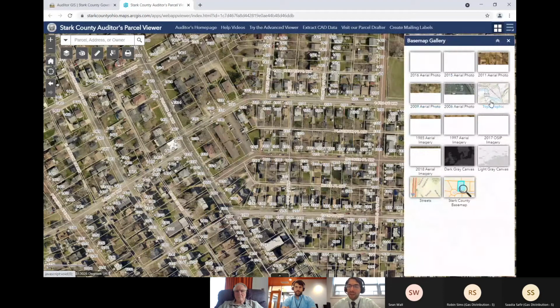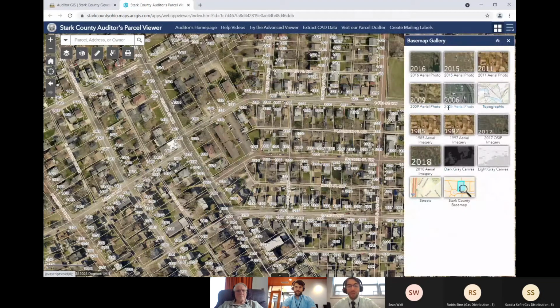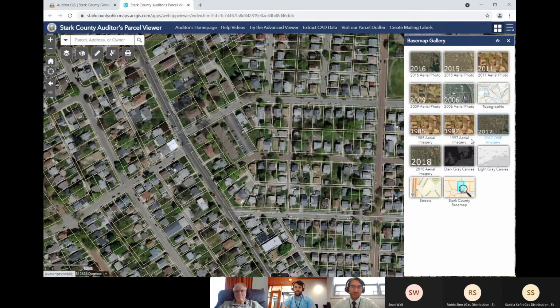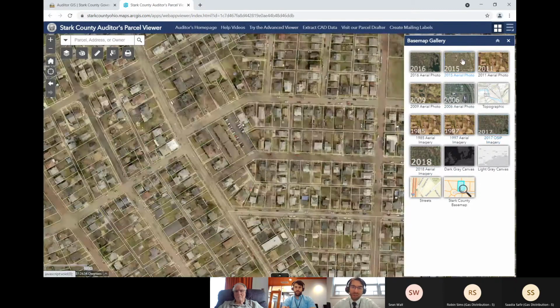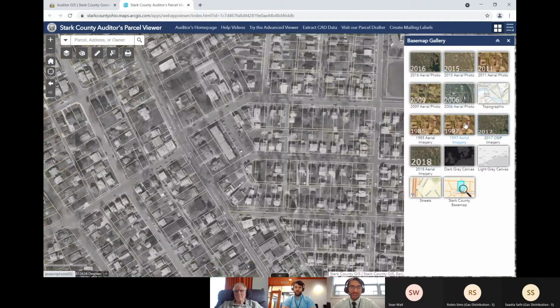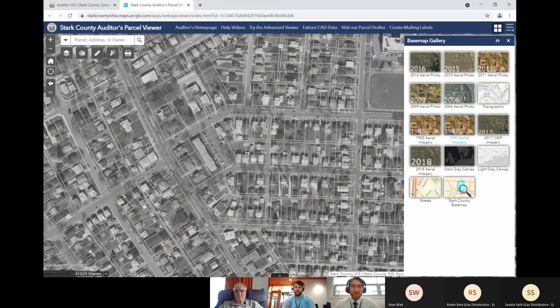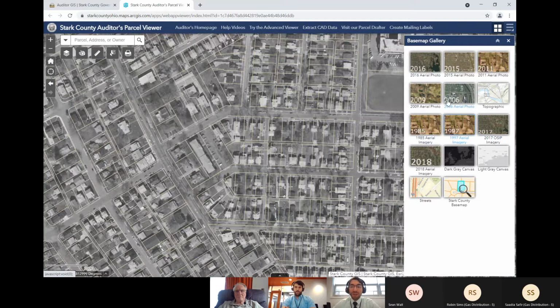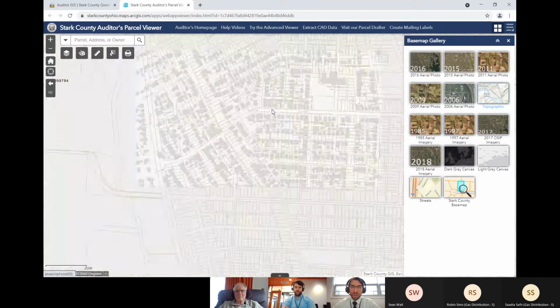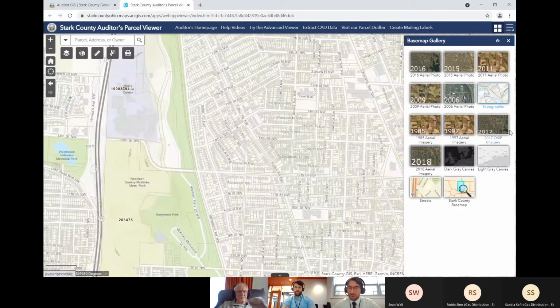This base map gallery may be helpful. Right now, I think the 2018 imagery is turned on by default. If you wanted to go back, you could see 2017, 2015, even go back to 1997. This is an easy way to change the imagery, or we do have other base maps in here, a more topographic one,